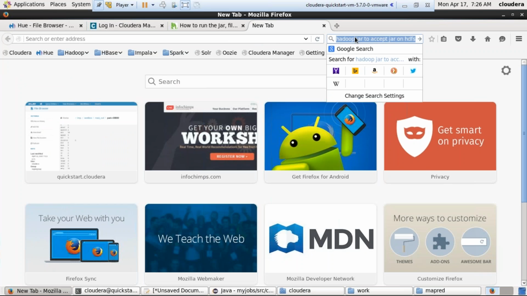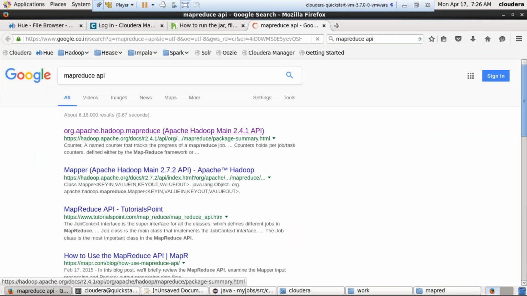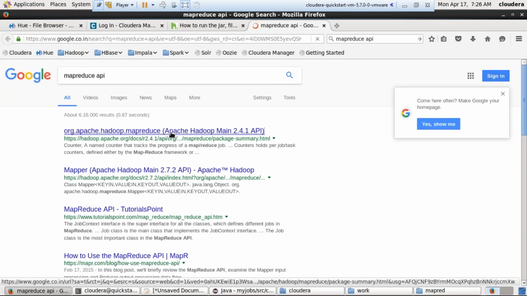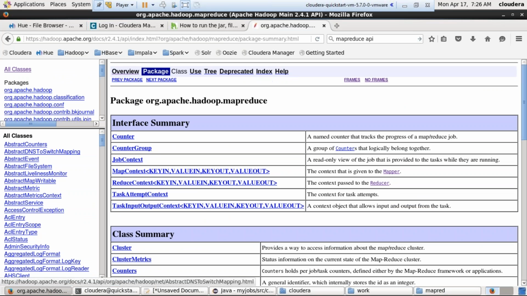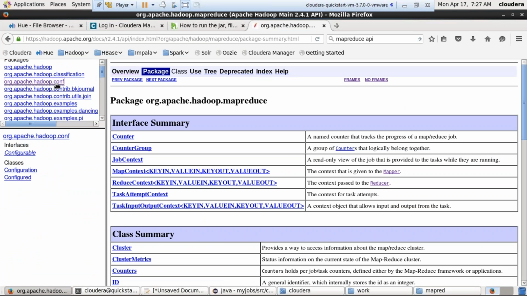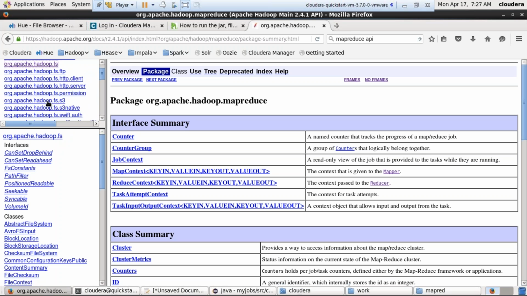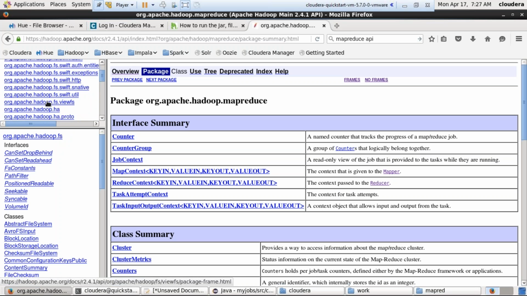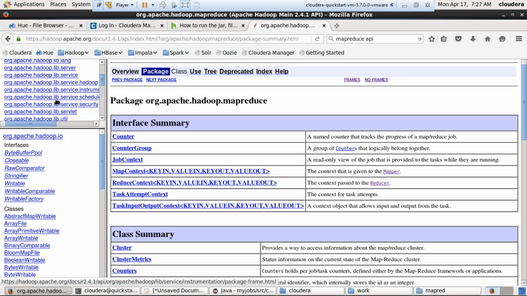I've already mentioned to you how the MapReduce API is going to be. Until and unless you go through that one, you will not be able to understand much. So here you have the MapReduce API, and you must go through org.apache.hadoop.conf. This is one package that you must have an idea about. And org.apache.hadoop.fs is one more thing. org.apache.hadoop.io is one more package. And